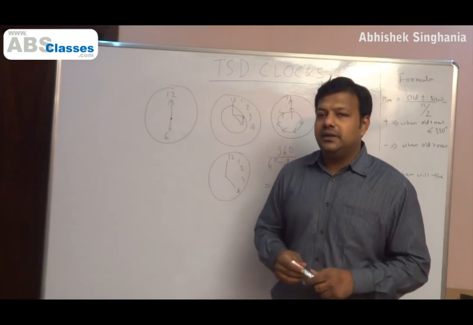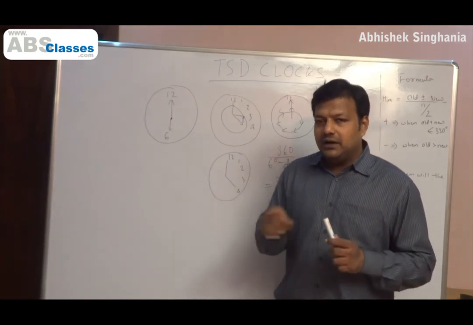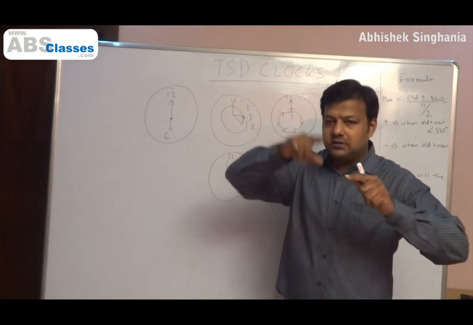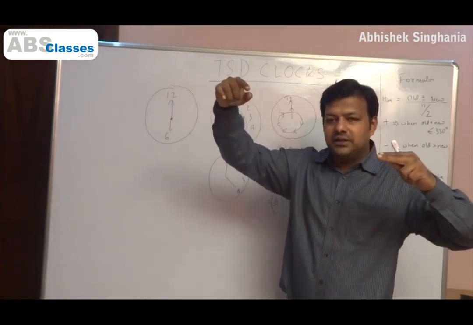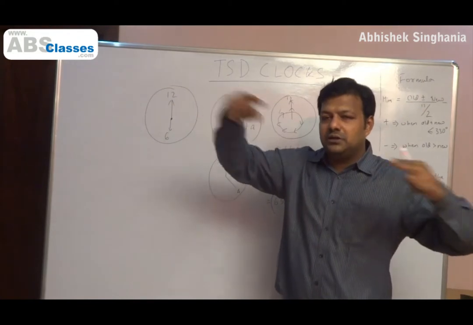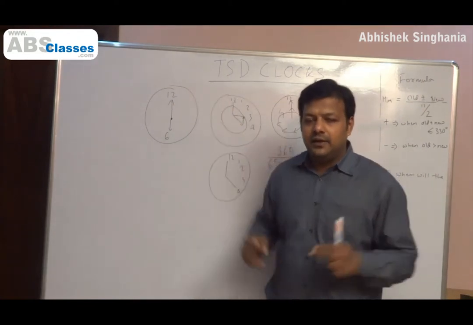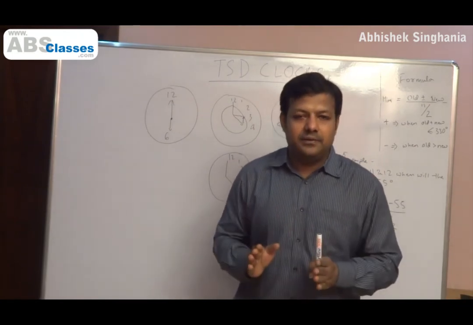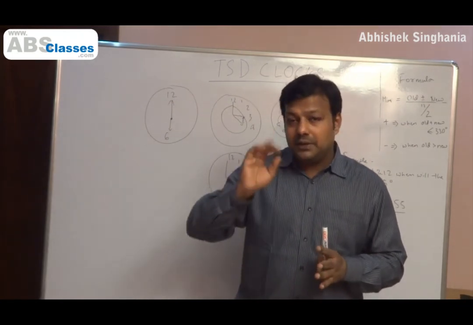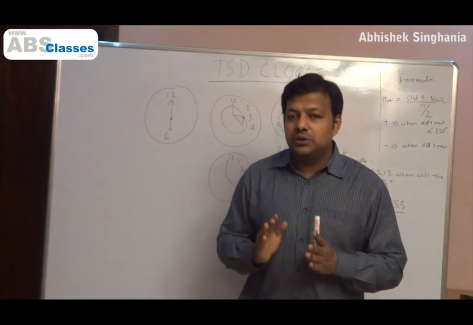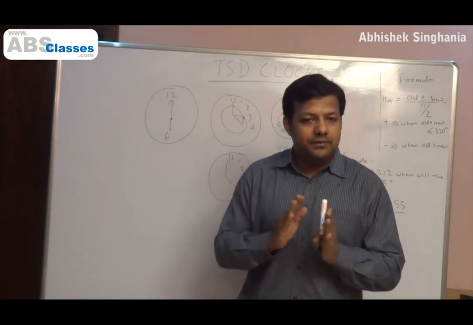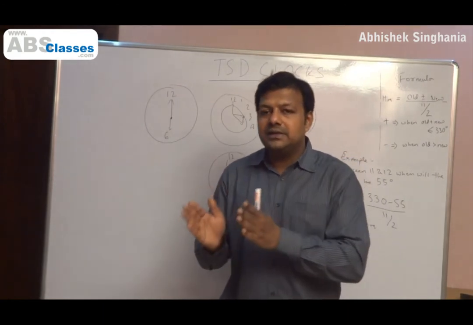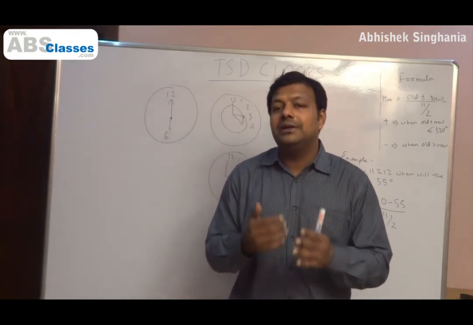The idea is still the same. Every 1 hour, they should be diametrically opposite to each other at least once, because they are running in circular track. So somewhere they will reach a point where they are just right opposite each other. They form a straight line, 180 degree. But between 5 to 6 and 6 to 7, the time at which they are diametrically opposite to each other is 6 o'clock. So between 5 and 6, they are diametrically opposite to each other at 6 o'clock. Between 6 and 7 also, they are diametrically opposite to each other at 6 o'clock.